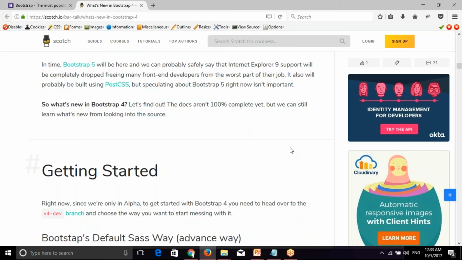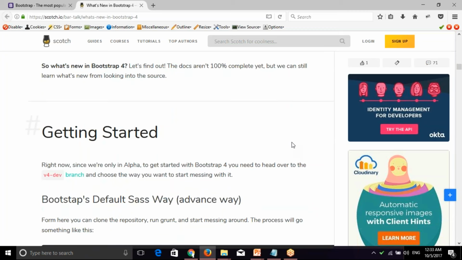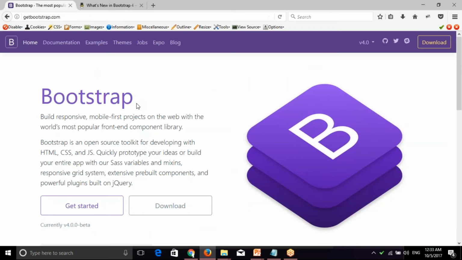What about this Bootstrap 4? What features are introduced in Bootstrap 4? If you go to any interview, the first major question is why we need to use Bootstrap. If somebody asks you this, you can say we mainly use Bootstrap for the grid system. Of course, we have other things like components, some jQuery plugins, buttons, tables, and so on. But the major reason to use Bootstrap is the grid system.